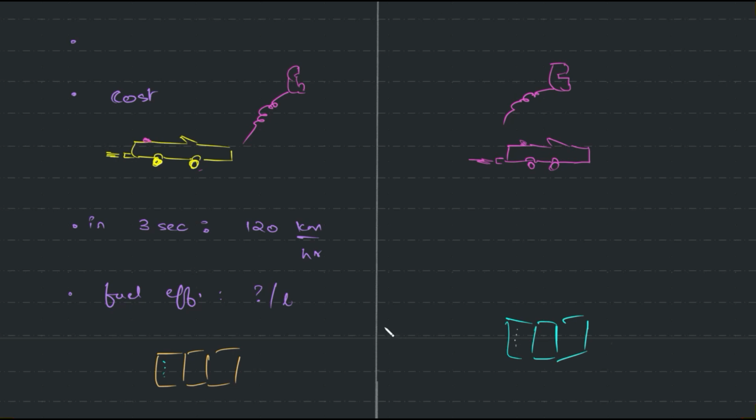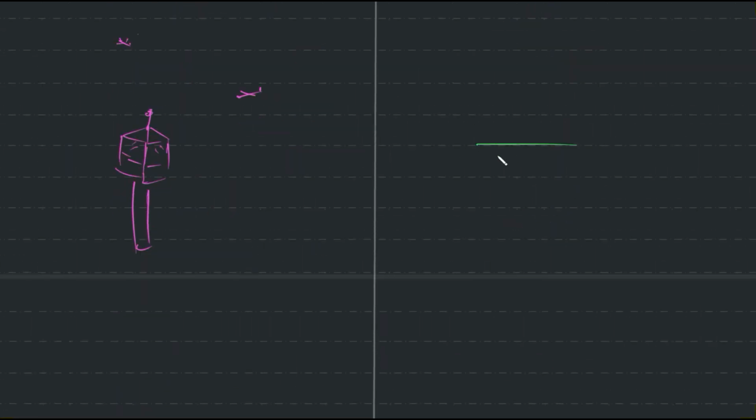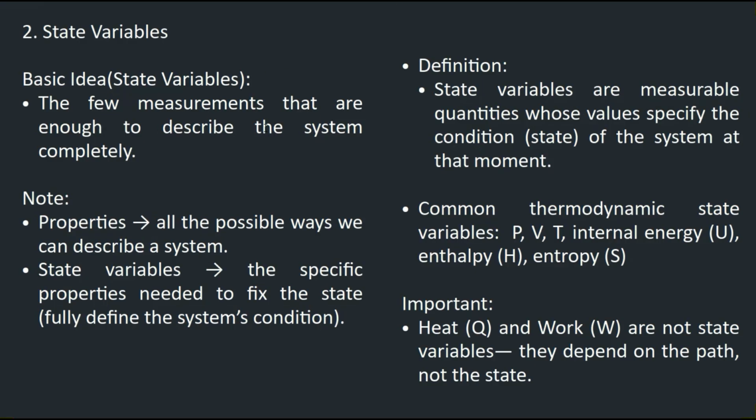There are many factors. So with a minimum set of information, I should be able to understand everything important about this, right? That is your state variable. Properties include everything, right? If I happen to draw this with sets, this can be your properties. That's your state variable. But with state variable, I can derive everything else, right? So you have enough information to talk about the system completely.